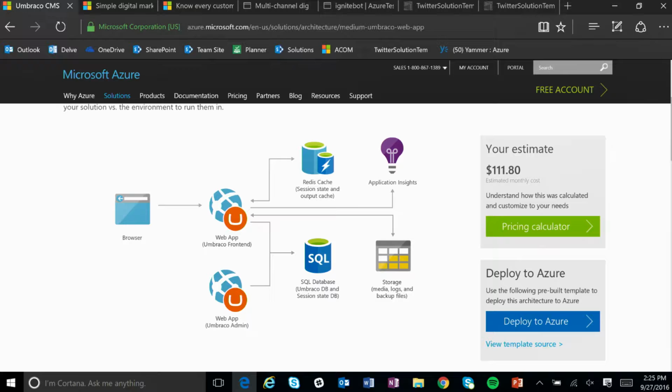Now, over time, we're going to add more and more partners into this scenario to get you up to speed and started on these digital marketing solutions, specifically around content management and having your websites and mobile applications hosted there. So in your own time, I'd really encourage you to go to azure.com, go to those solutions, check out the digital marketing section, have a look at some of those reference architectures, and evaluate some of those products to see whether it's a good fit for your organization from a digital marketing perspective.